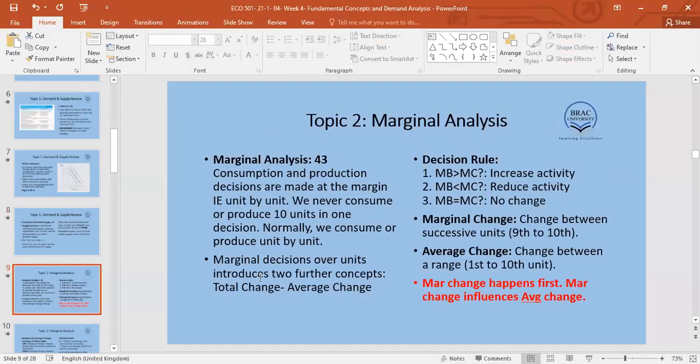If the net, the balance, is positive, we go for it. Additional benefit greater than additional cost. If additional benefit is less than additional cost, we don't go for it. If additional benefit and additional cost are equal to each other, we are indifferent between the two. We have discussed this quite a lot in the last week. This week, what we will do, we will